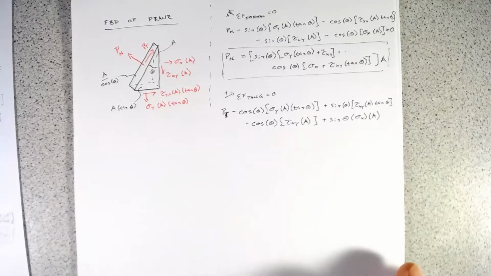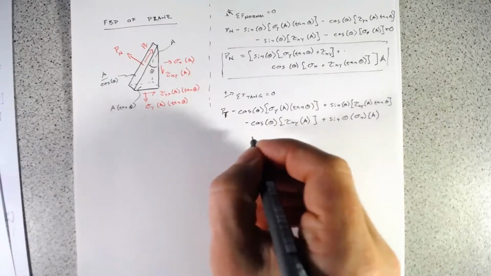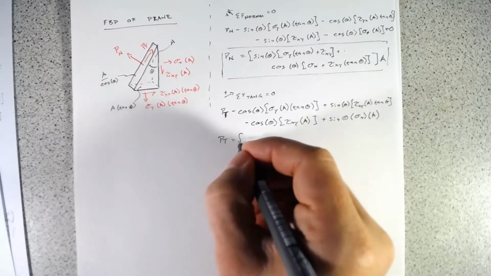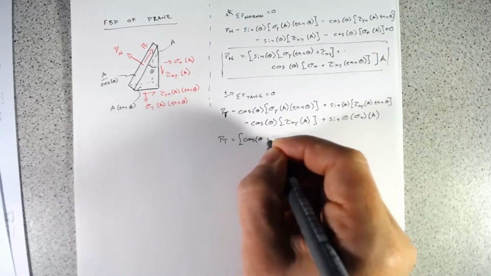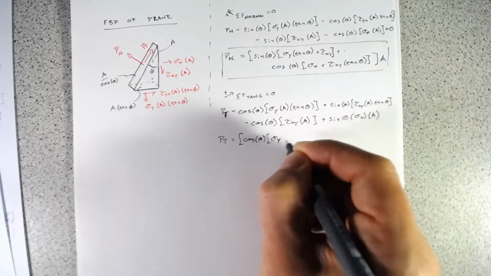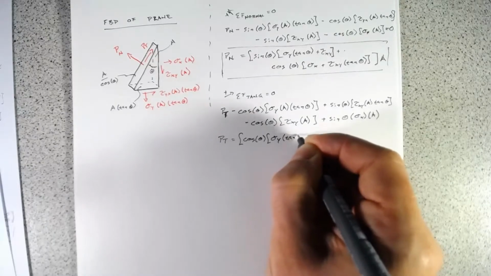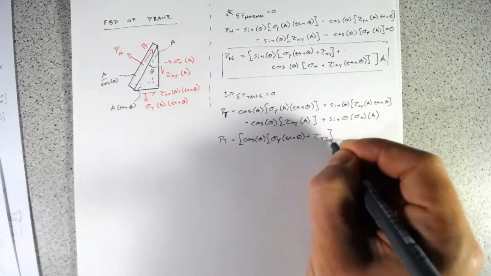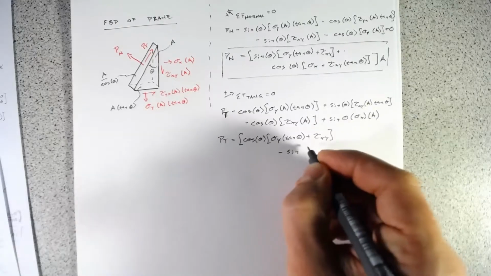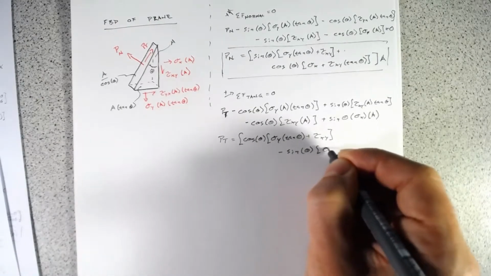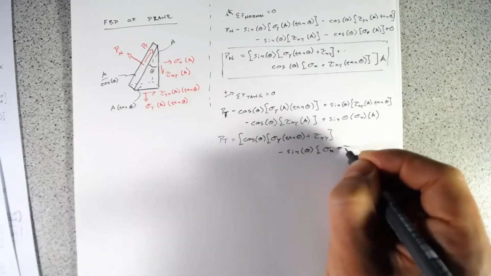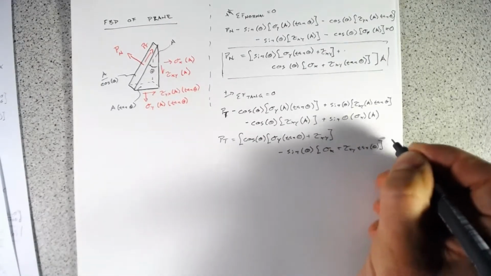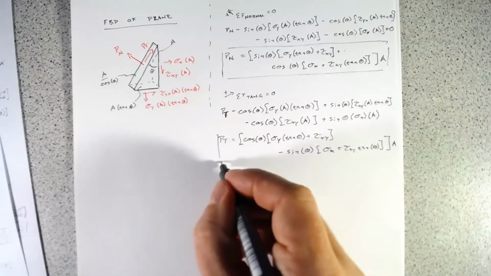If we simplify all of that down, then what we end up with is P_t equals cosine theta sigma y tan theta plus tau xy, minus sine of theta times sigma x plus tau xy tan theta, and that whole thing is times the area. So that gives us